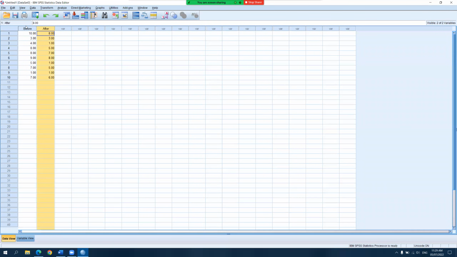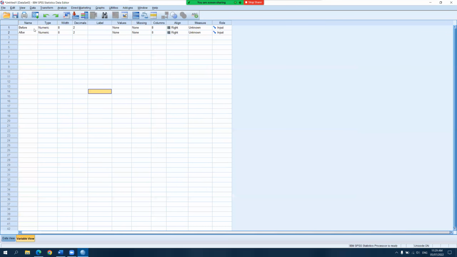Another thing is that the observations are encoded in two different columns: a column for their scores before the conflict resolution course and another column for their scores after the conflict resolution course. In the variable view, I changed the names of the variables to before and after.